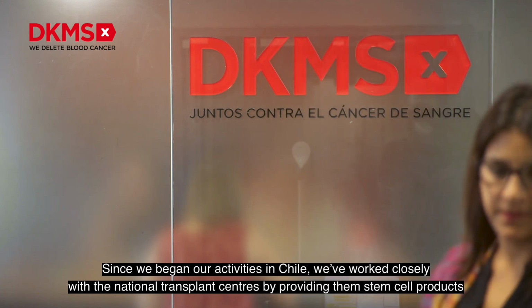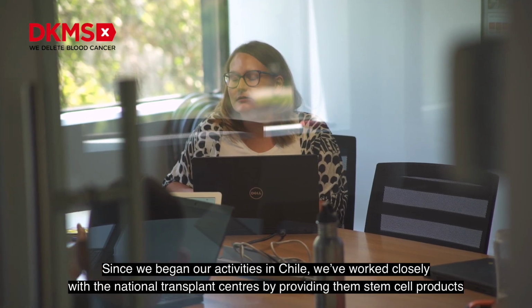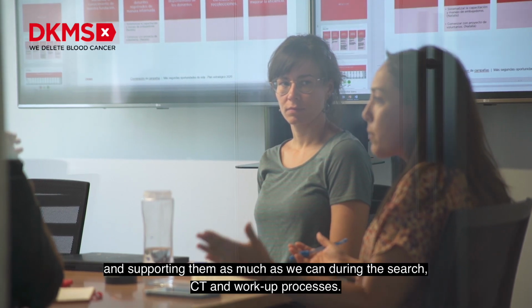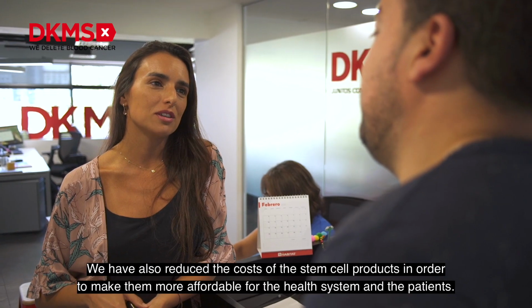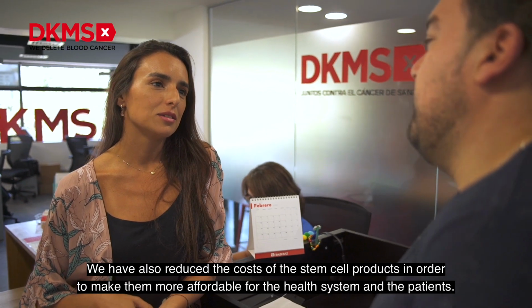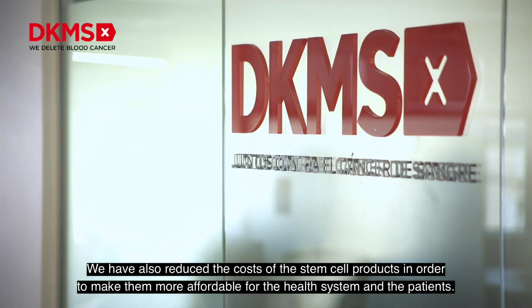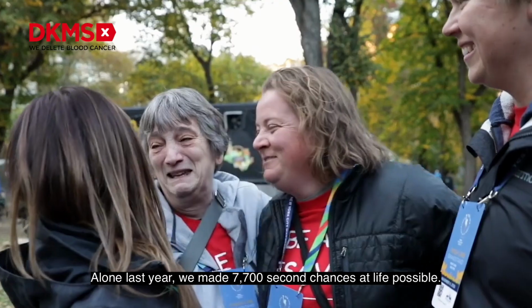Since we began our activities in Chile, we've worked closely with the national transplant centers by providing them stem cell products and supporting them as much as we can during the search, CT and workup processes. We've also reduced the cost of the stem cell products in order to make them more affordable for the health system and the patients. Alone last year, we made